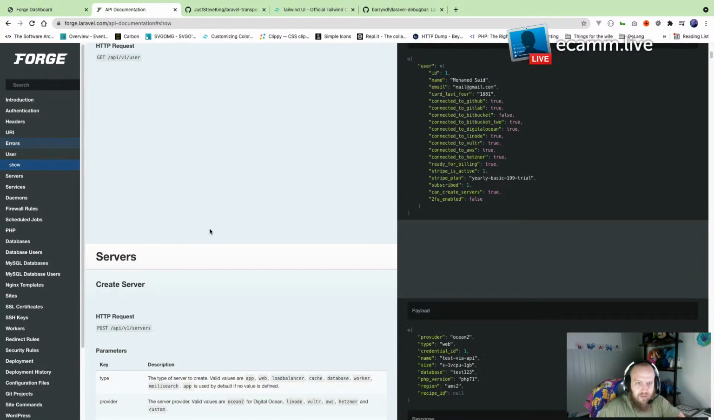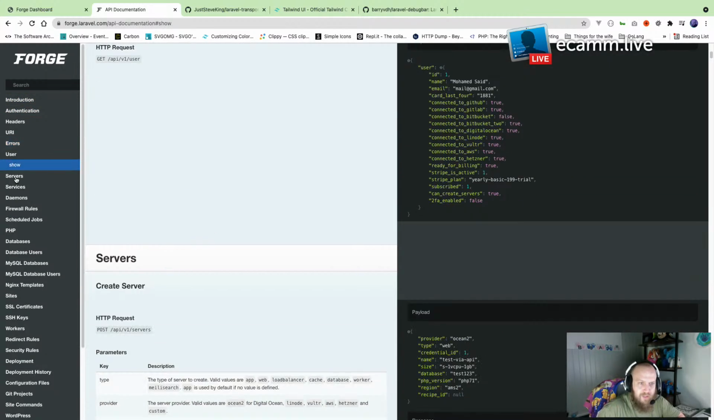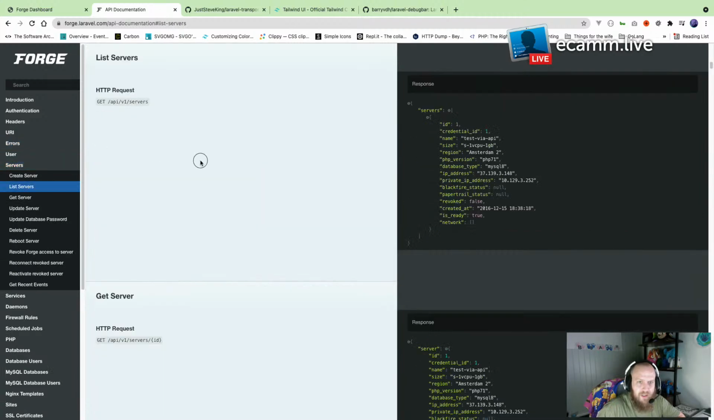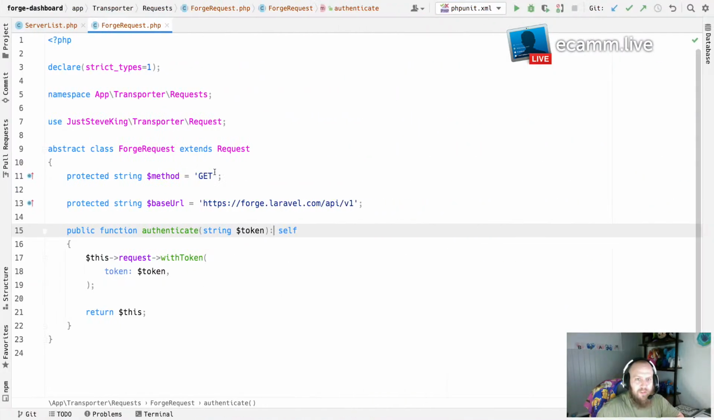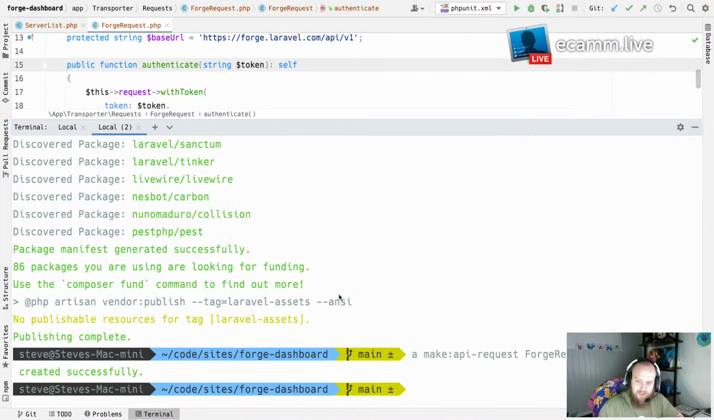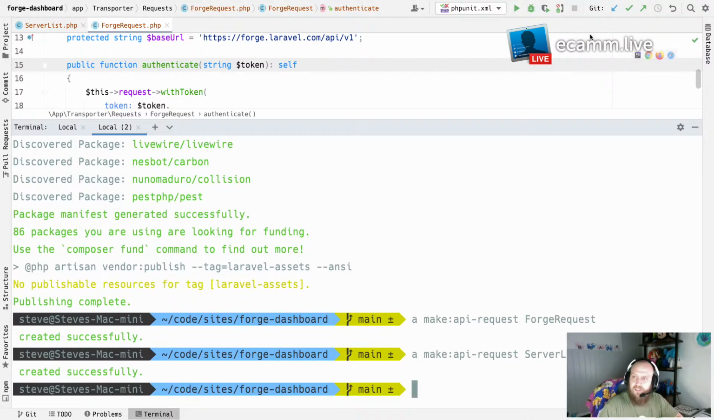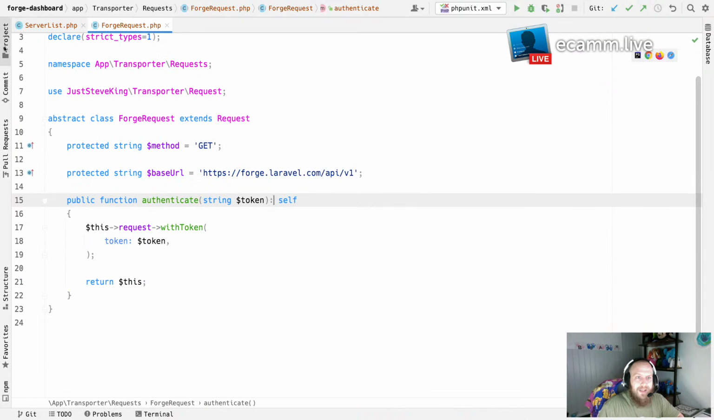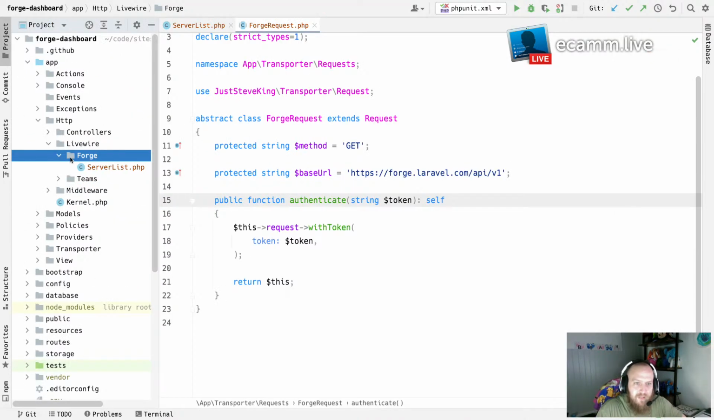Any errors? Servers. Let's go servers, list servers, API v1 servers. So now we can make a new request. So instead of a Forge request, I can make a server list request. So if we go look at that server list request